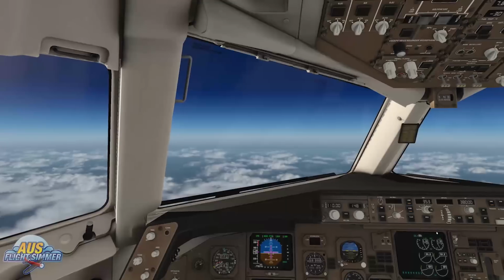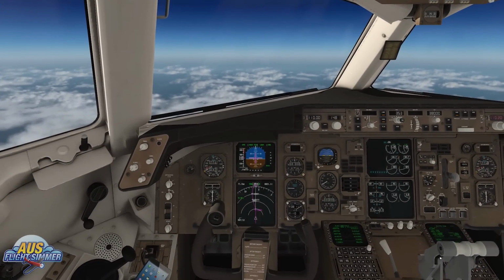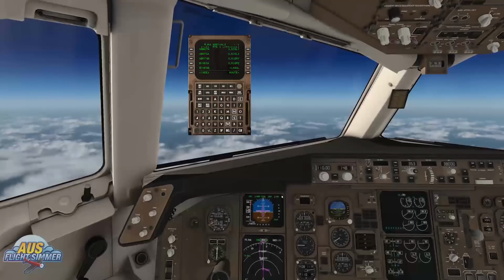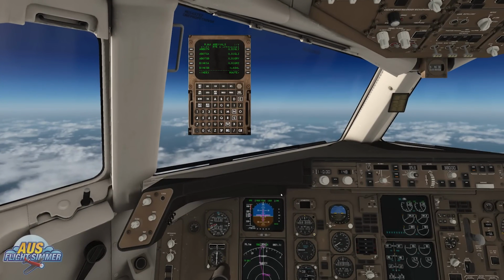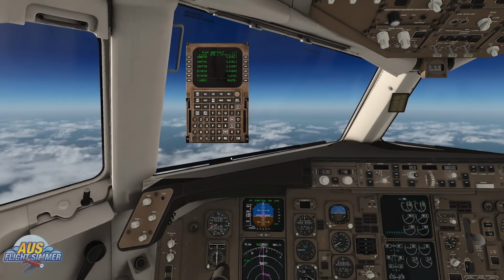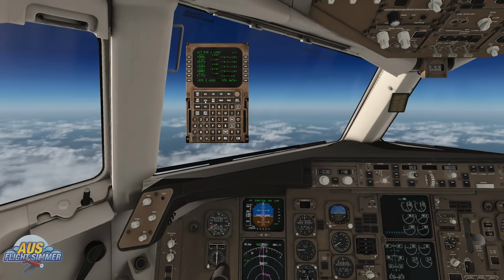Generally, I don't know if this is real life procedure, but I like to do my approach. Anything in the flight over an hour and a half, I like to do my approach about midway through the flight, just because then the weather's updated. So I use Active Sky weather to check my METAR and get the favourable runways, even though I'm using X-Plane. And I use to work out my flight plans